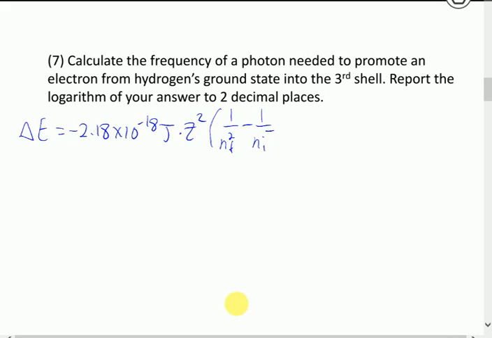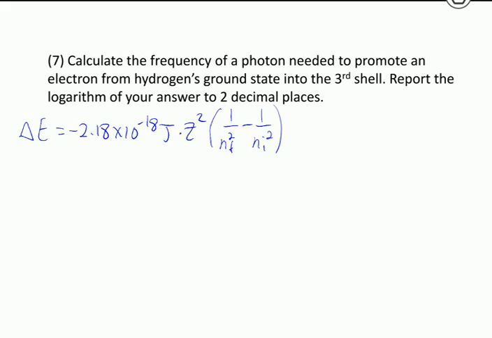So when we have problems like this, we're going to zone in on this equation, and then very often what we're going to have to do, which is the case here, is we'll use this equation in combination with one of those photon energy equations that I told you about two questions ago. So you're going to use this equation first to find the difference in energy between the levels, and then you're going to use the energy of a photon, that equation, to figure out the wavelength or frequency associated with that transition. So it's a lot of times a two-part process. So if we're doing it for this one,